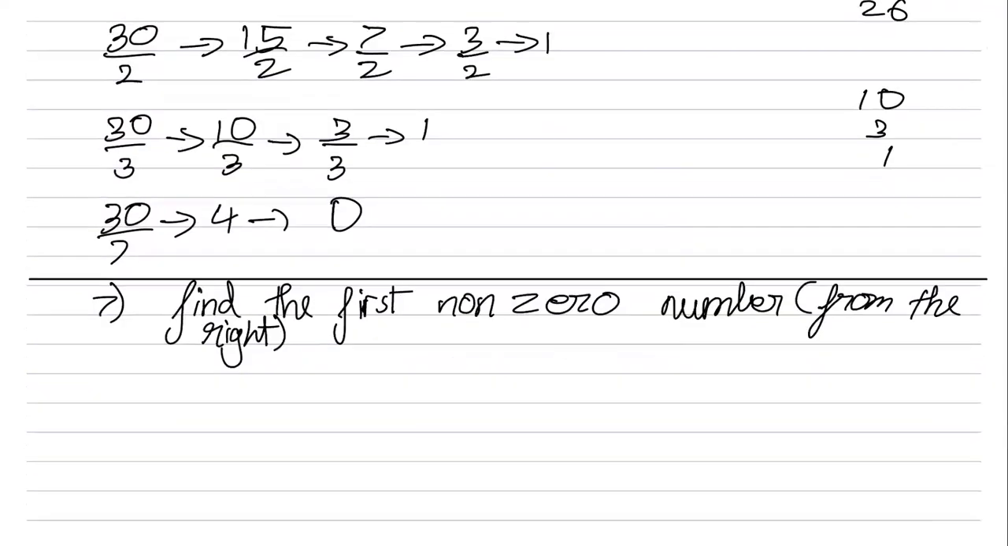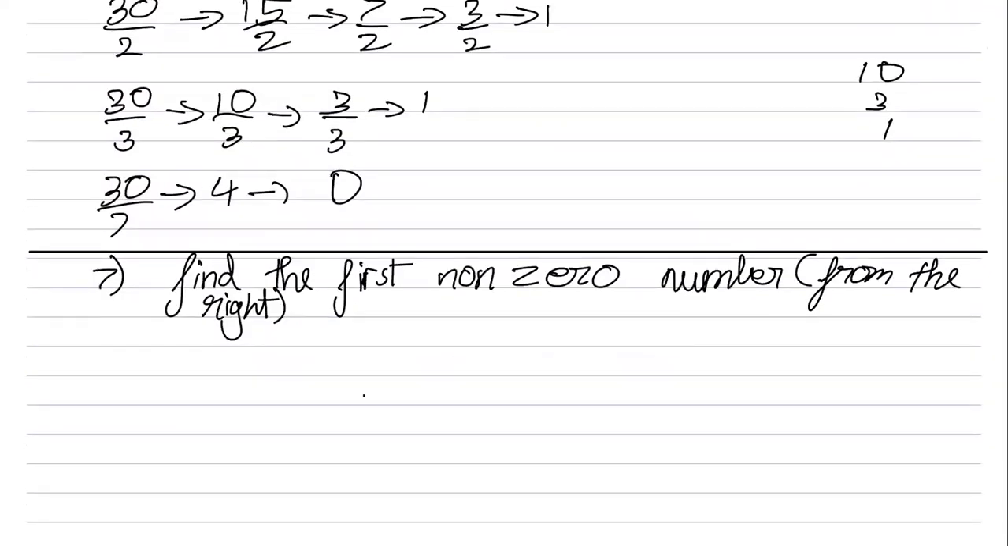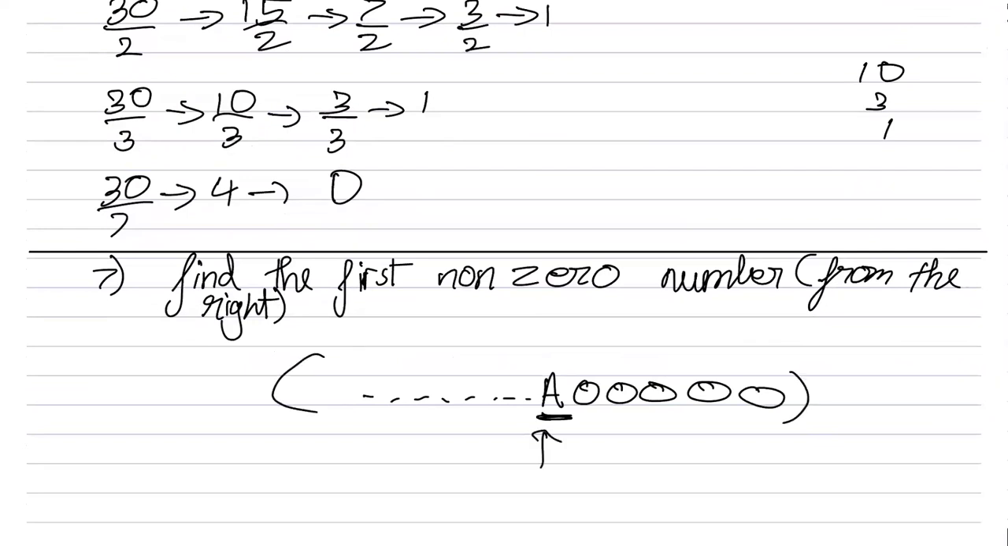Okay. So what do I mean by non-zero number? If I have a number of this form: dot dot dot a and then 0 0 0 0 0. So you need to find this a, whatever that is. This is equal to 30 factorial. You need to find a in the decimal expansion